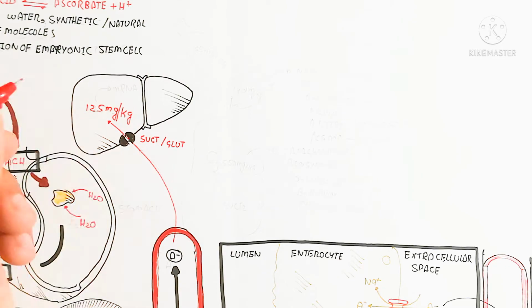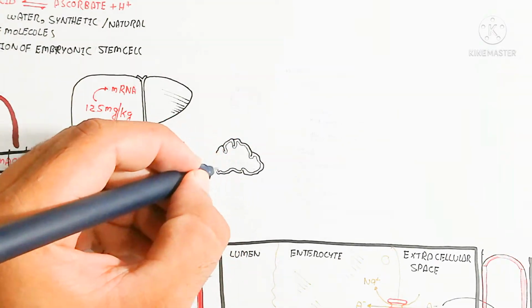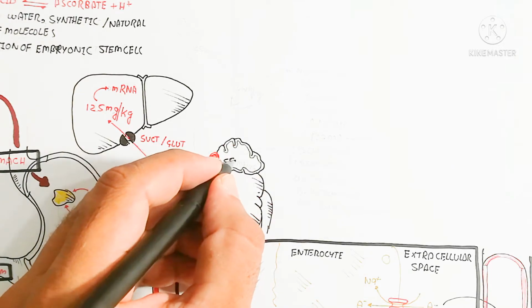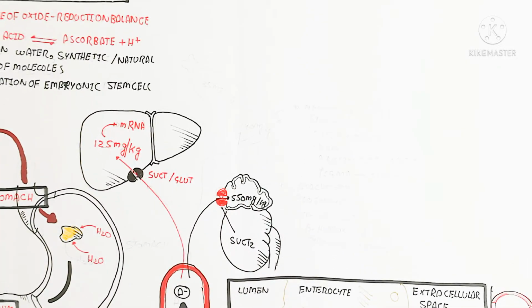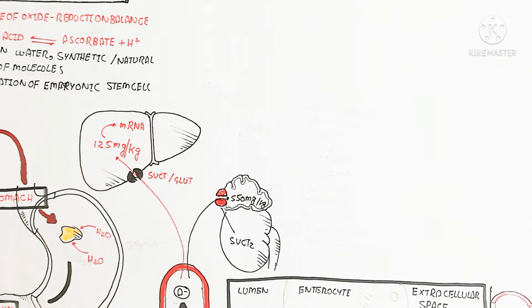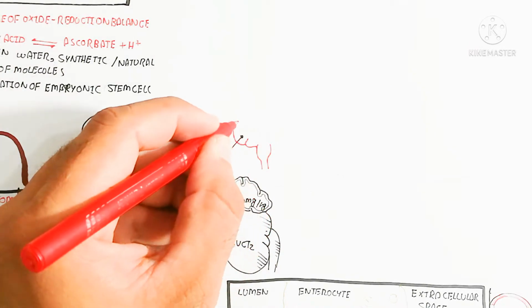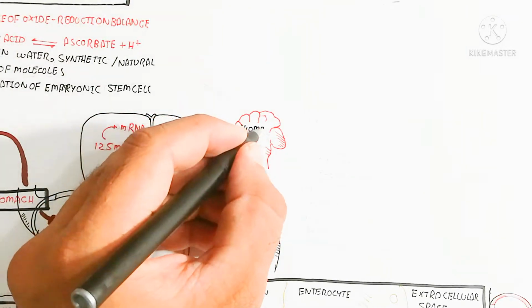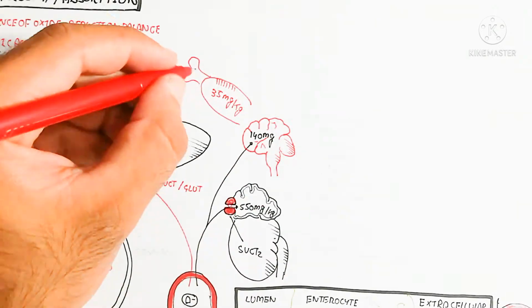the liver, entering through the SVCT channel or GLUT transport channel. So this moves inside and is used for the synthesis of messenger RNA, and the liver contains 125 milligram per kilogram ascorbic acid, while on the other hand the kidneys and adrenal gland contain 550 milligram per kg, and the SVCT2 channel allows influx. The brain contains 140 and muscle contains 35 milligram.